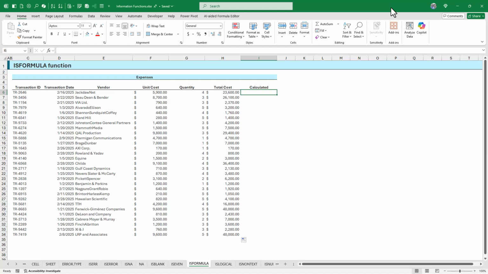The ISFORMULA function is an incredibly easy function to understand, but it's so useful I tend to use it on almost every consulting project that I do. Let me explain why. So ISFORMULA's job is very simple. It asks a question: is the cell that I'm looking at filled with a formula or something that's not a